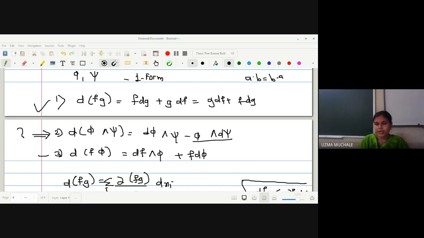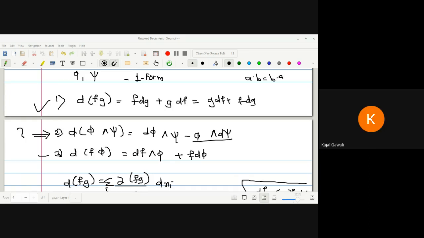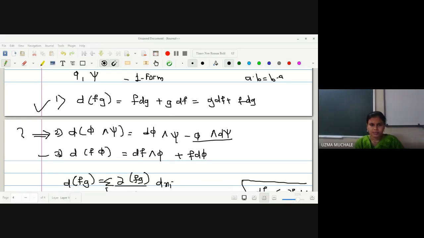If d squared phi, the exterior derivative, is 0 for a one form, then obviously for the second and third forms it will also be 0, because there we have extra terms like dx with dx, dx with dy, then dx with dy with dz. Are you getting me, Kajal? Yes, ma'am. Anyone having doubt? Just try to evaluate the second property for case 2. I want to see how many of you try, because I want to check whether you are getting the differential geometry paper.